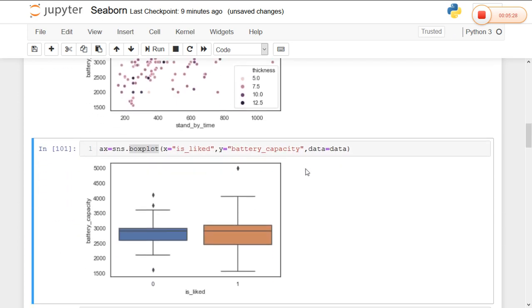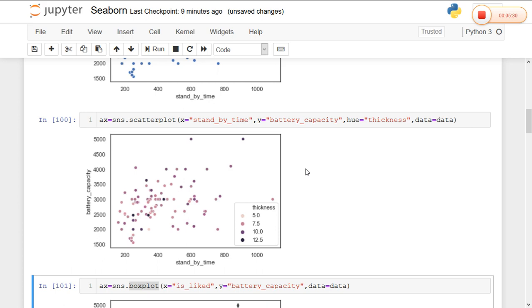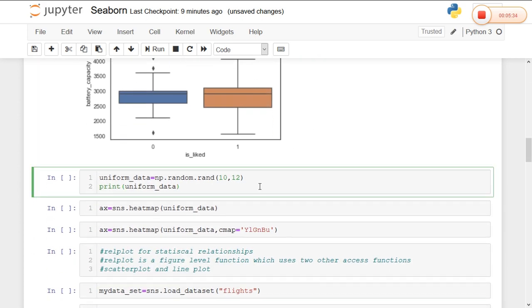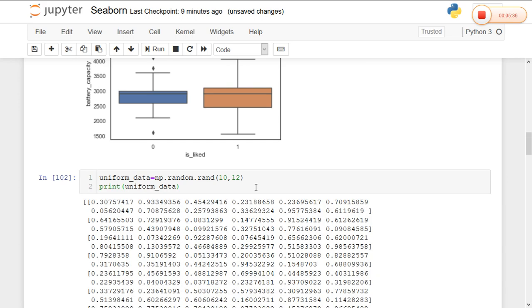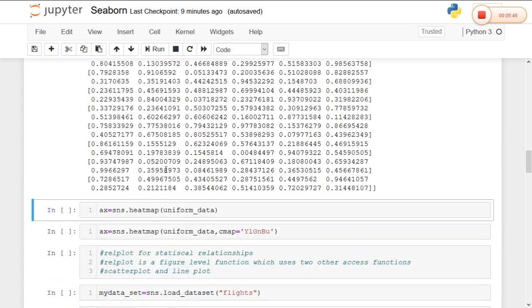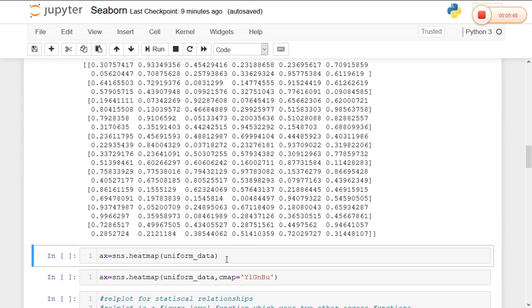So this is the first case, where we upload the data into the Jupyter notebook and get the scatter plots. The second way is if I create a random dataset, or we can say a random array. Here I created a random array using np.random.random, with values between 10 and 12. I will be printing the values. Now for this random data we can also use the Seaborn library.